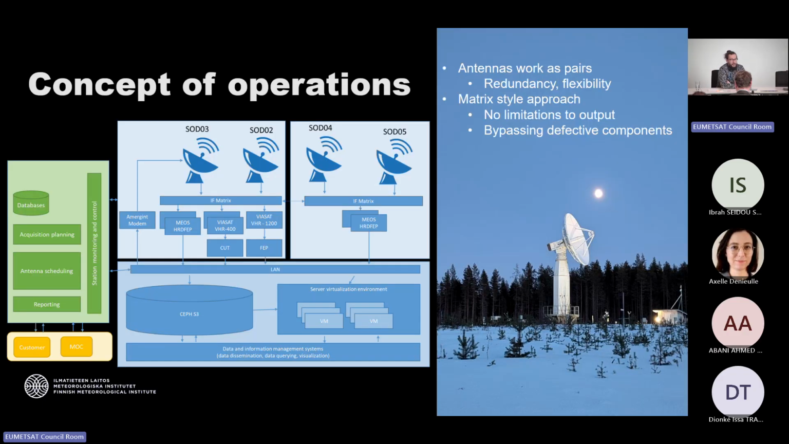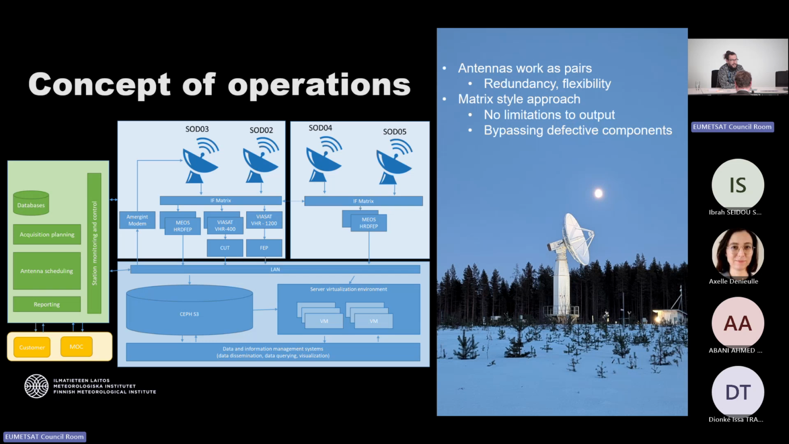Okay, and a little bit about the concept of our operations. As we have 4 antennas, 2 bigger ones and 2 smaller ones, we have put the antennas to work as pairs. So basically, it doesn't matter which antenna we use for which satellite missions. Using intermediate frequency matrices, we can route the data to any output we want. So basically, it's like a matrix style